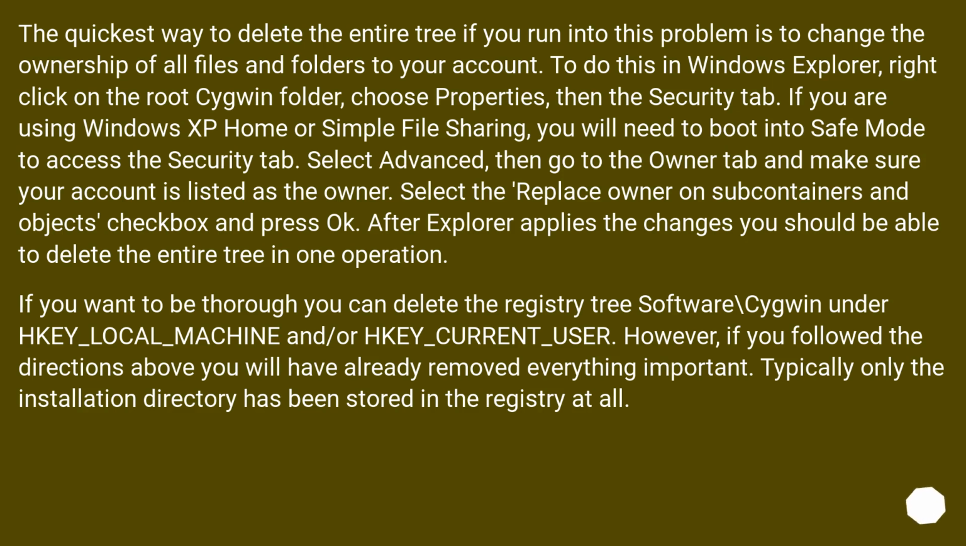The quickest way to delete the entire tree if you run into this problem is to change the ownership of all files and folders to your account. To do this in Windows Explorer, right-click on the root cygwin folder, choose Properties, then the Security tab. If you are using Windows XP Home or Simple File Sharing, you will need to boot into safe mode to